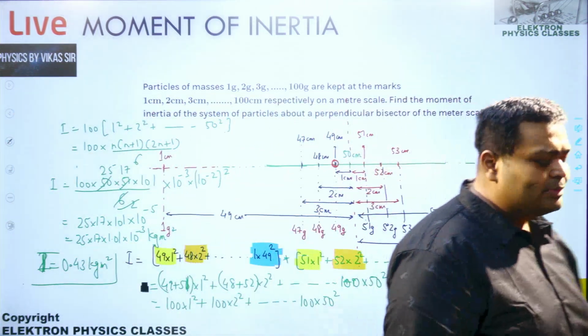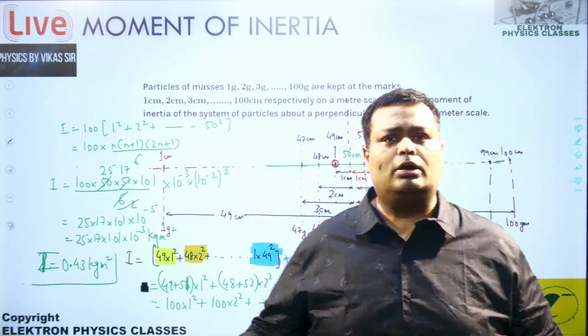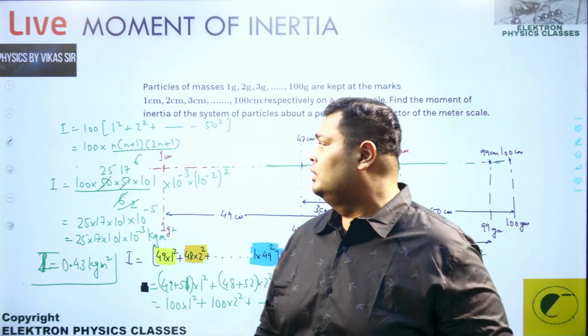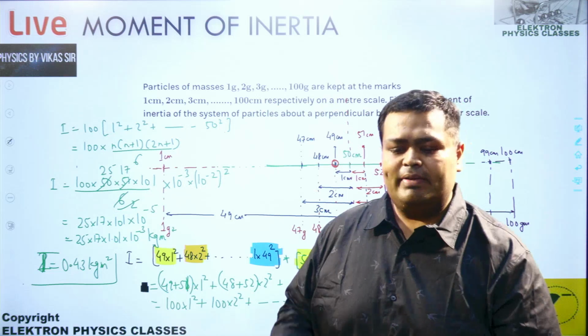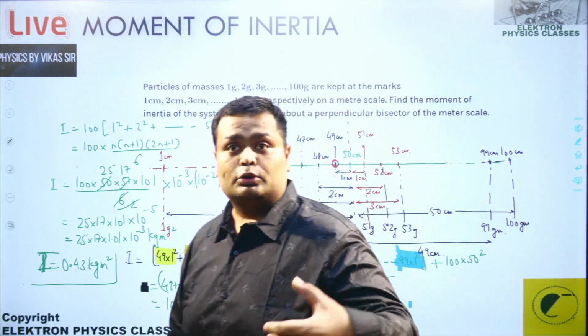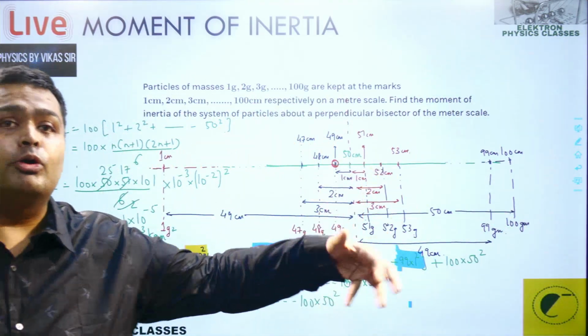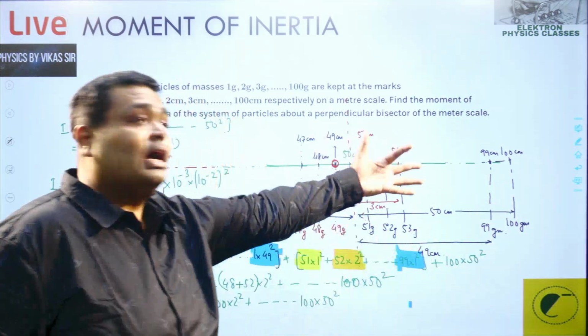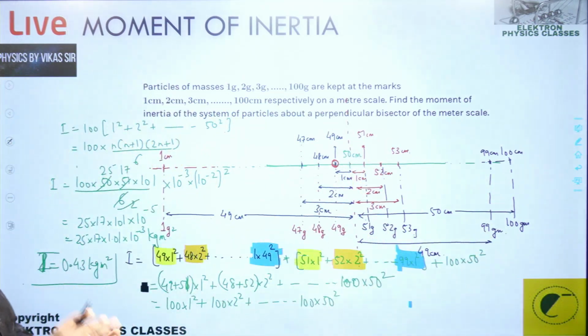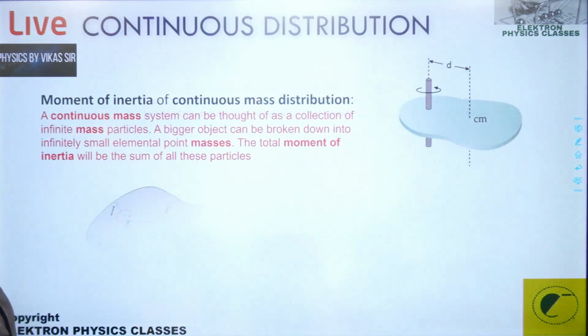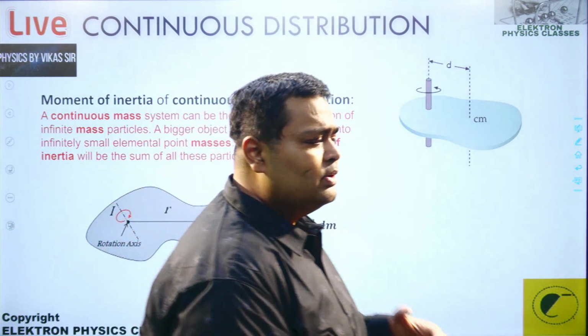And so with this now we will be signing off with the basic formula, that is m1 r1 square plus m2 r2 square. We have elevated ourselves from single particle to 2 particles to 3 particles to 4 particles to 8 particles and to these 100 particles now, and that's enough. We had enough of the discrete distribution, and now we should venture into the continuous distribution, where